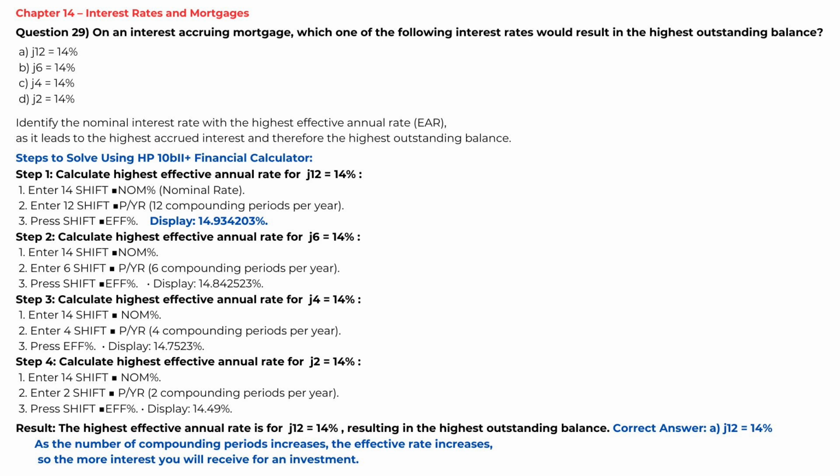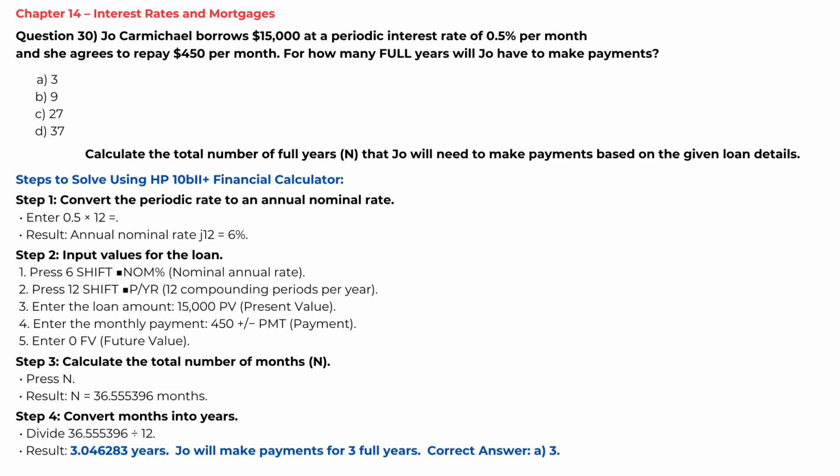Final results. The highest effective annual rate is option A, J12 equals 14%, resulting in the highest outstanding balance. As the number of compounding periods increases, the effective rate increases, so the more interest you will receive for an investment. Question 30. Joe Carmichael borrows $15,000 at a periodic interest rate of 0.5% per month, and she agrees to